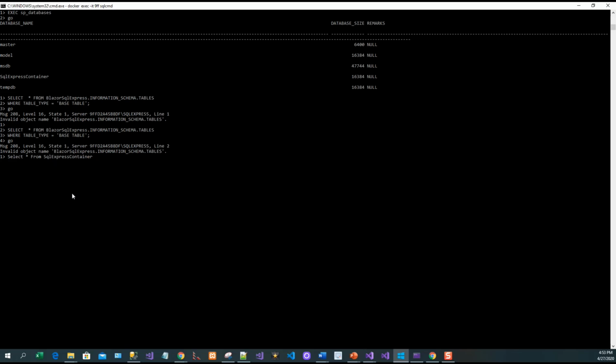Select star from SQL Express container dot information_schema dot tables